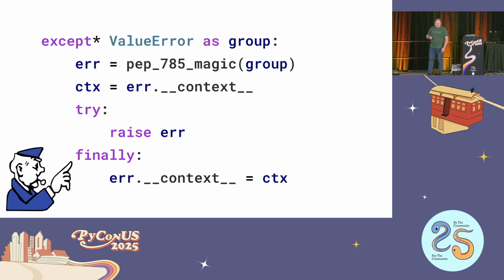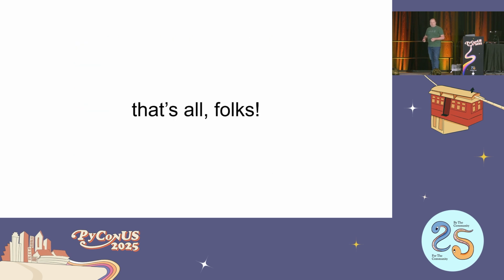But the upside of this is that you can, in fact, destructure exception groups, especially once we get the backport of the helper methods. It's actually pretty straightforward to match with except star, to sometimes use split or subgroup to isolate the parts that you want, to find a leaf exception, to log those. It's only really when you start thinking about the tracebacks that exception groups can get tricky. And so, that's all I have for the core of this talk, folks, and I'm excited to take your questions.